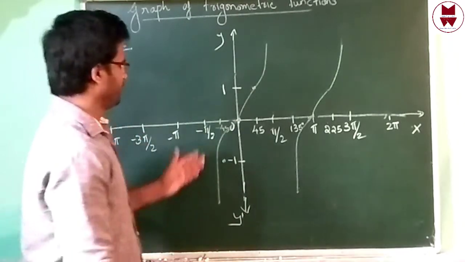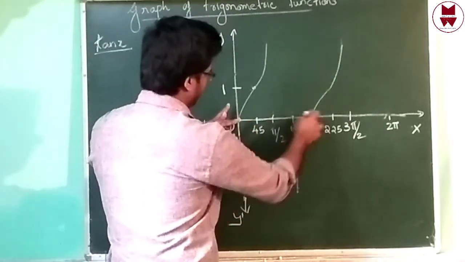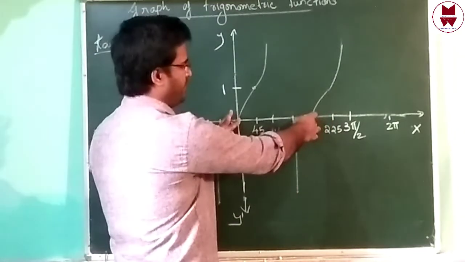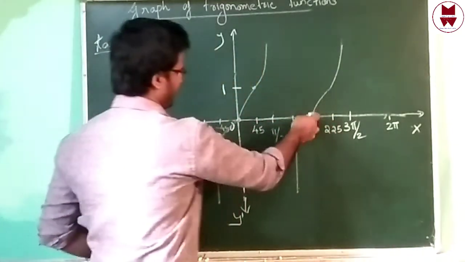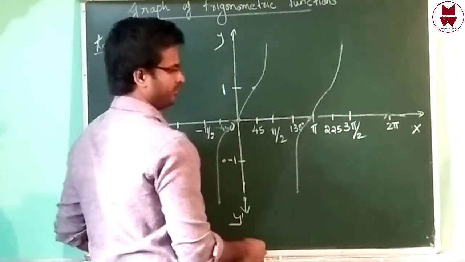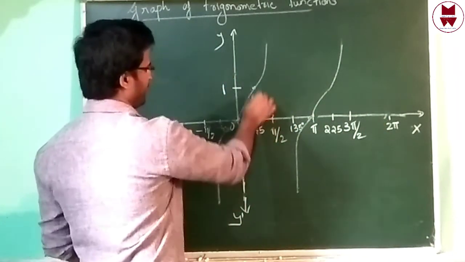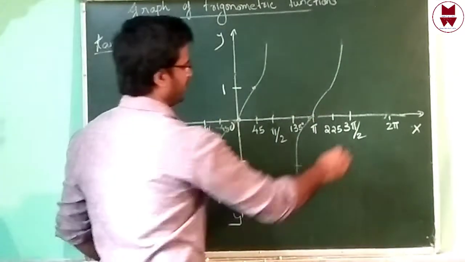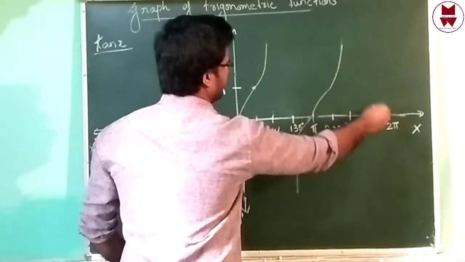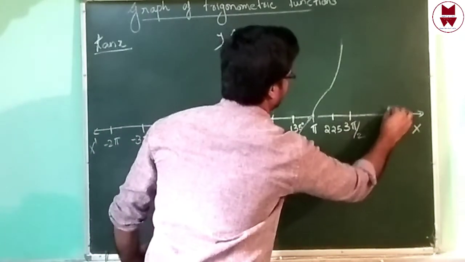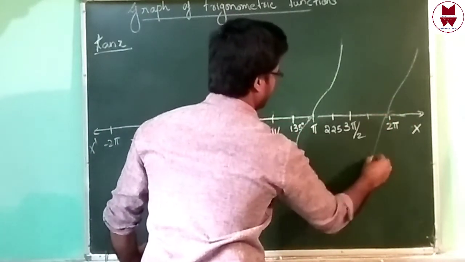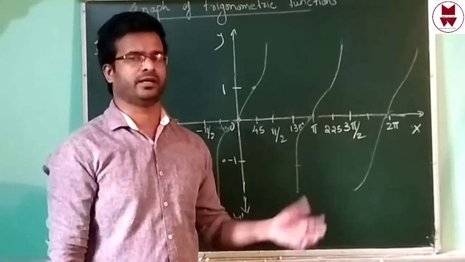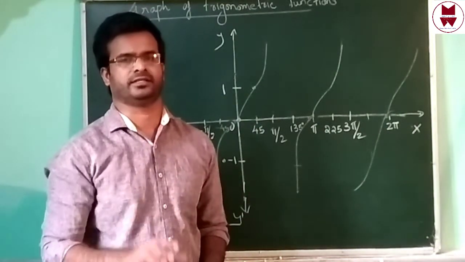That means from here to this interval they will give one set of values. Then after 180 degree that will repeat. Check it. Here what is the value? 1. Here what is the value? Minus 1, isn't it? Then check it. Here 1. If you draw this part, here that will be minus 1. That means tan x will repeat after a 180 degree interval.